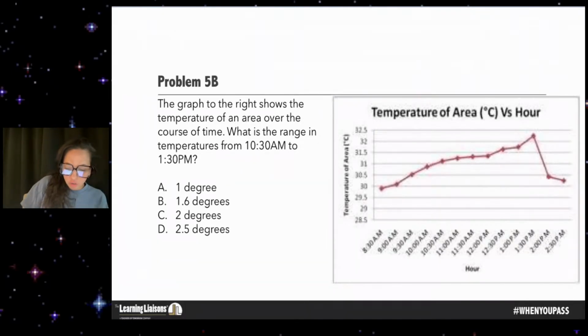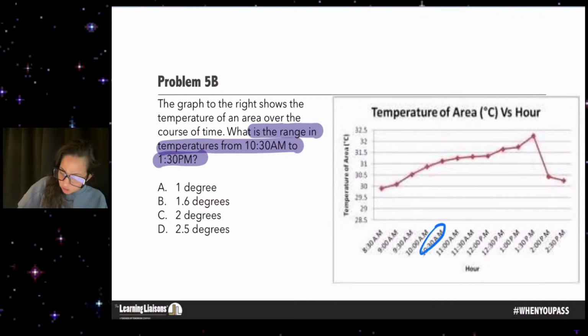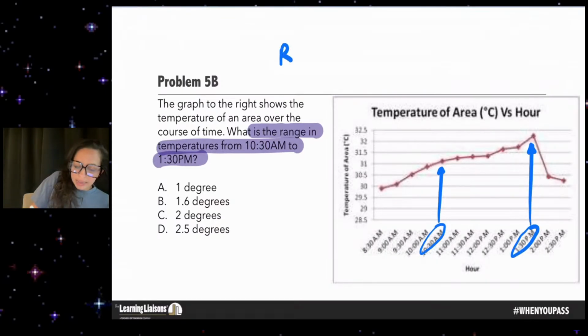What is the range in temperatures from 10:30 to 1:30? From 10:30 to 1:30. So 10:30 is right here. 1:30 is right here. And range